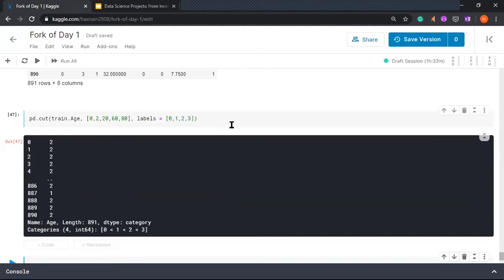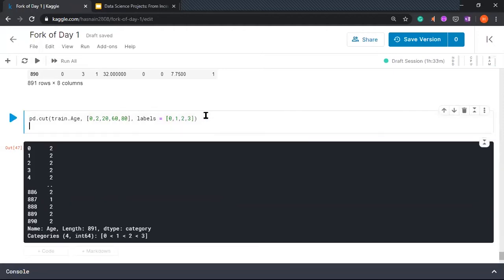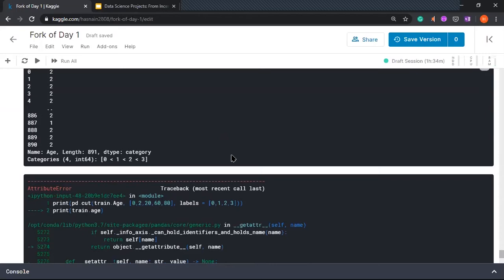So this is the output. I'll print them, print the other one here, the original column. Print both of them.